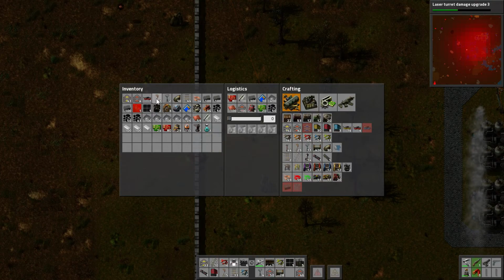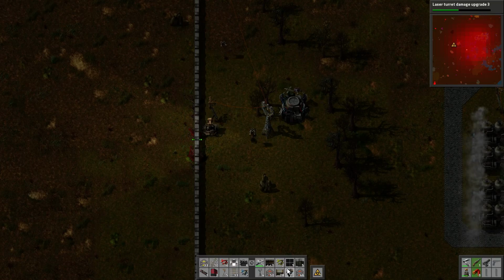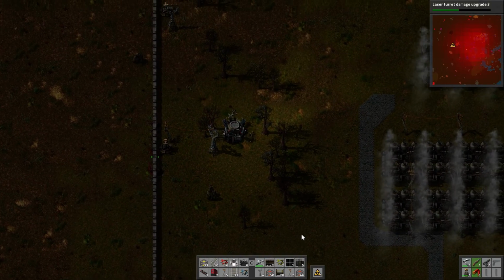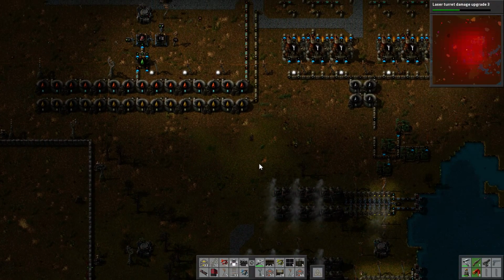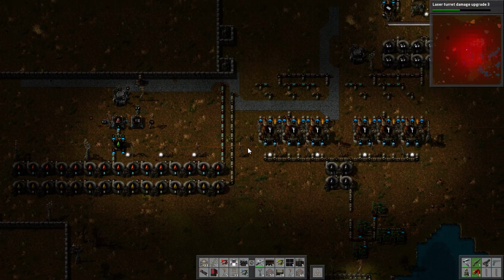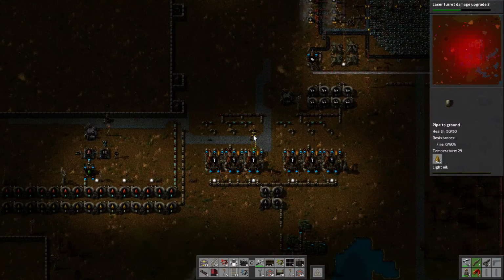I don't know how they keep kind of weaving around my turrets, but they seem to be more intelligent than they were in the past. I don't know if they've been nerfed or what happened, but they seem to be pretty smart at finding the empty space there in the defenses and attacking. Anyway,